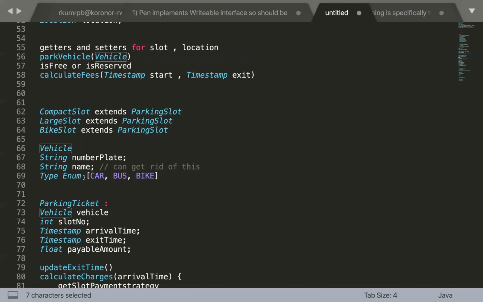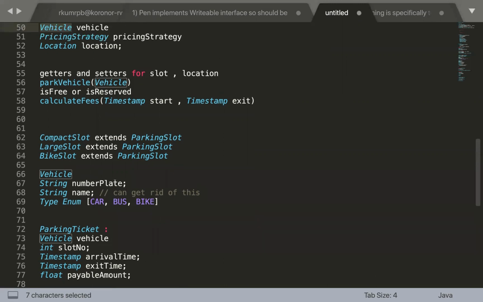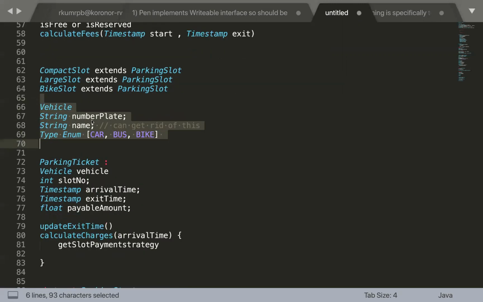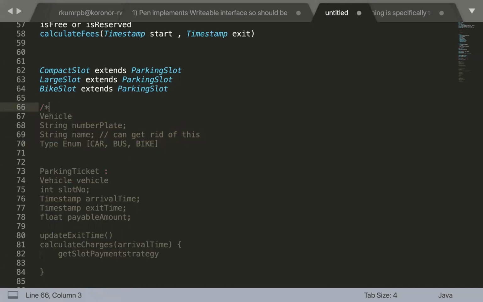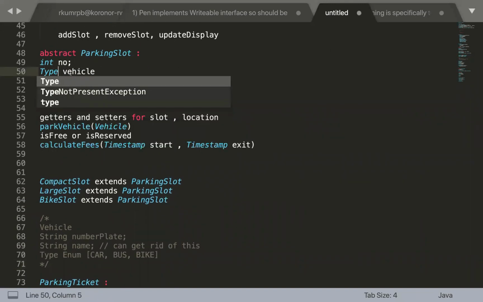But if it is just a one-liner statement and you are gathering the requirement, you should give proper requirement rather than talking about the color and other use cases, right? So probably if you don't have those requirements, we can get rid of this vehicle entity altogether. And wherever we are using, probably we can talk in terms of the vehicle type only, type entity, compact, bike, bus, and those kind of a thing. So probably we can get rid of this vehicle part altogether. And wherever we are using this vehicle, here we can use the type enum.